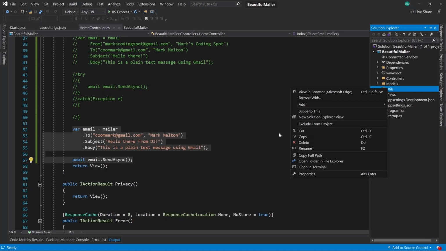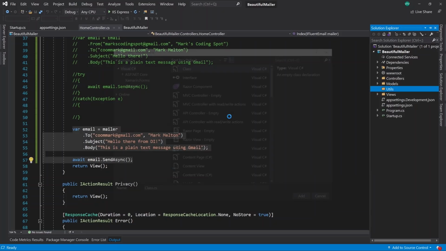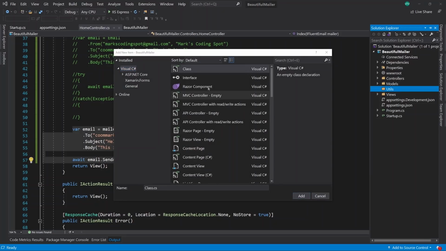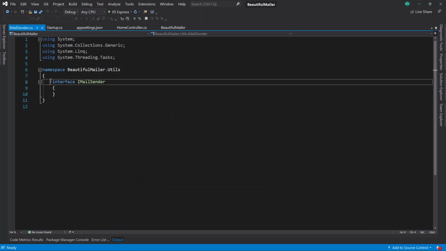So we can add a new item, and here we're going to add an interface. So let's call this interface IMailSender. So it's an interface that is going to just define the methods that we need. Let's make it a public interface,